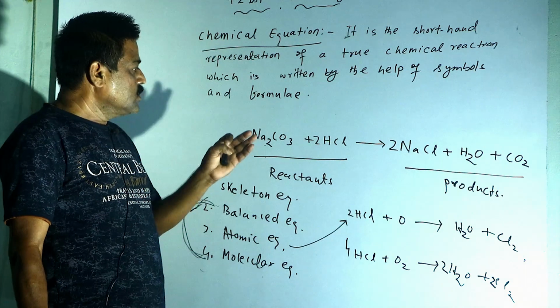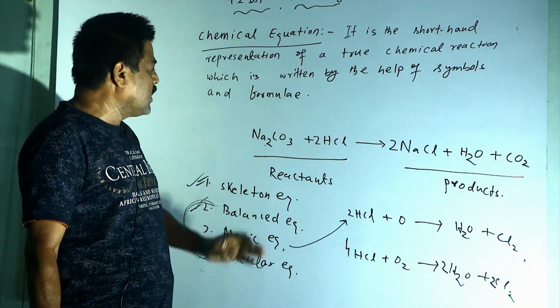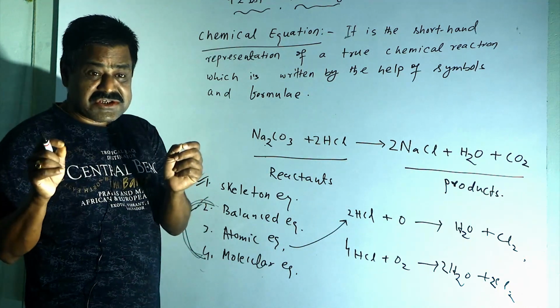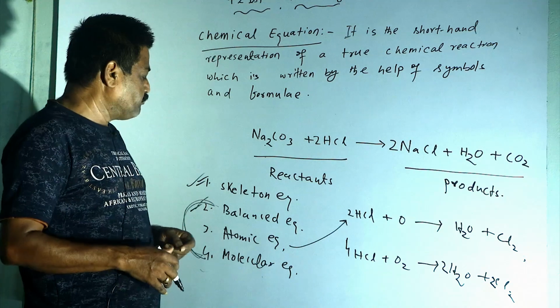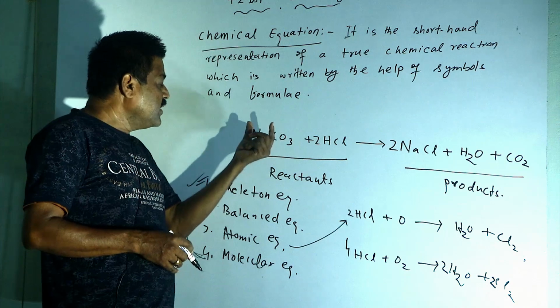Now let us suggest something about the chemical equation and its utility. What is the utility of a chemical equation? What does a chemical equation signify? You can say a chemical equation signifies in brief the reactant and the product,